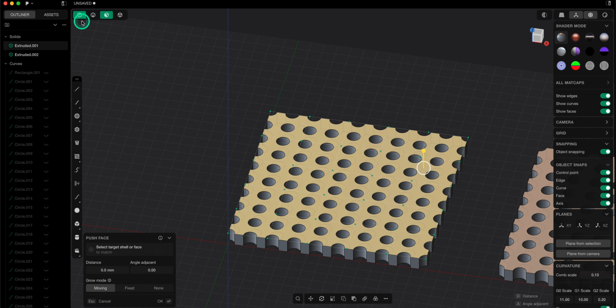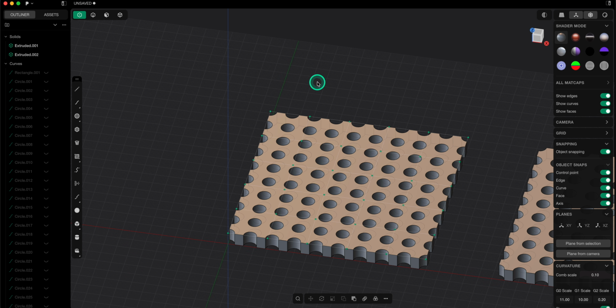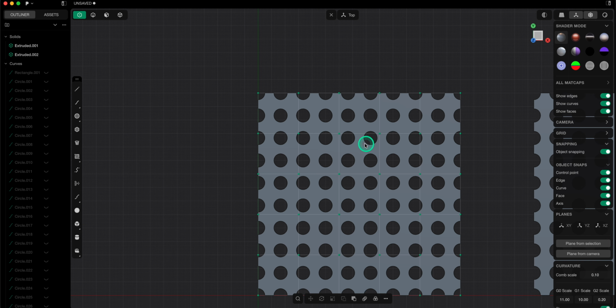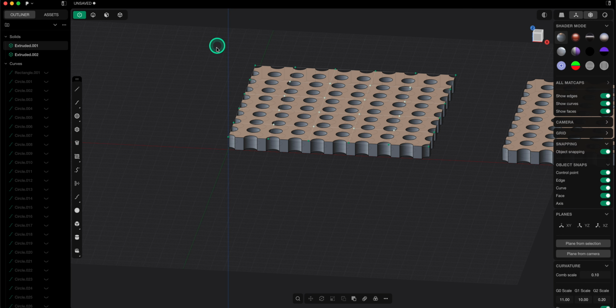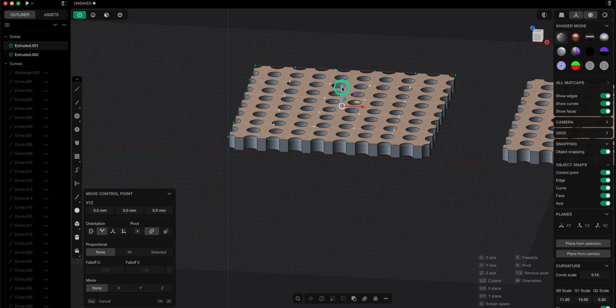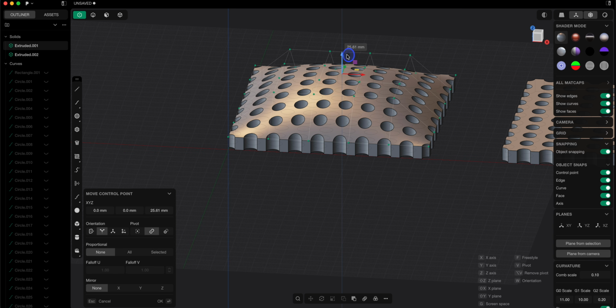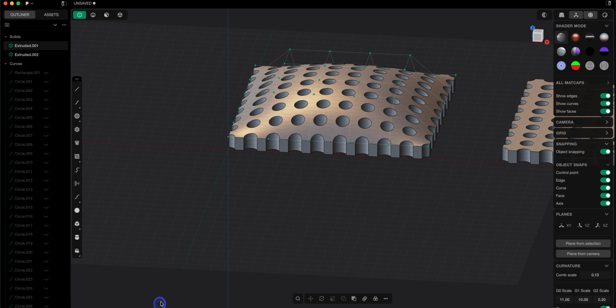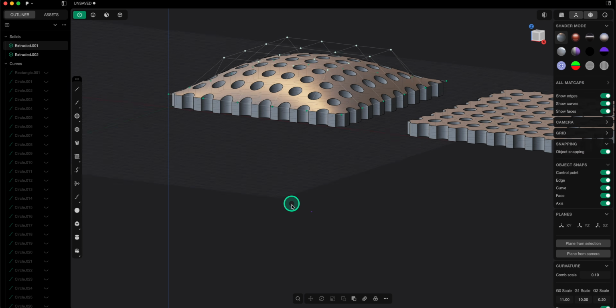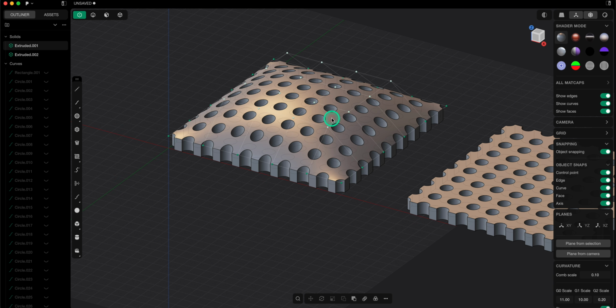I switch to selecting points. I cancel this operation, and now I deselect the face selection. I switch to the top view, and for example, I select a few control points with a selection window. And now I press the G key and see what happens when I move these control points. The shape of this face changes, and we can do this by a specific value, or we can do it freely, and in this way we can modify the shape of the face,